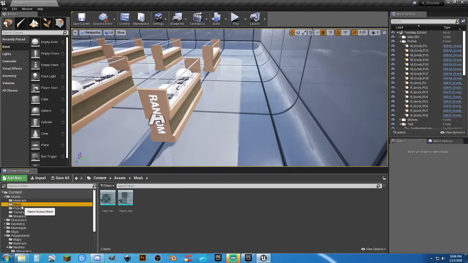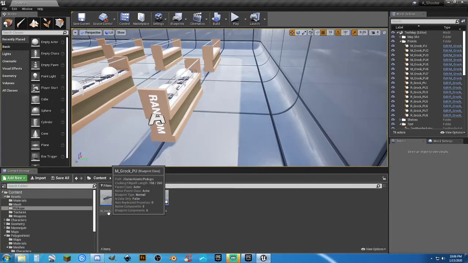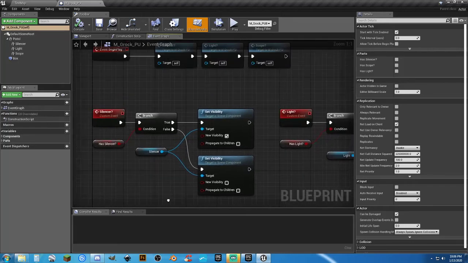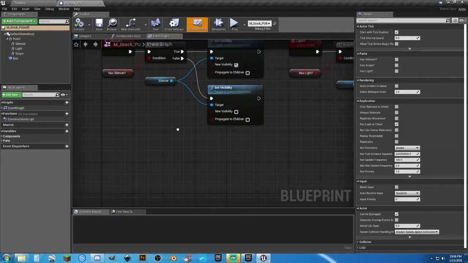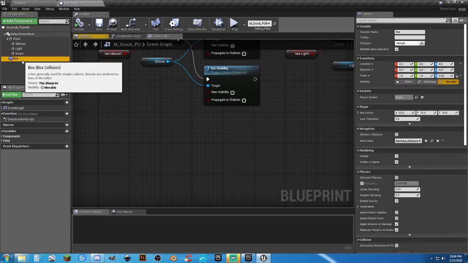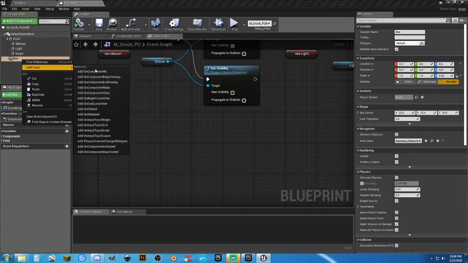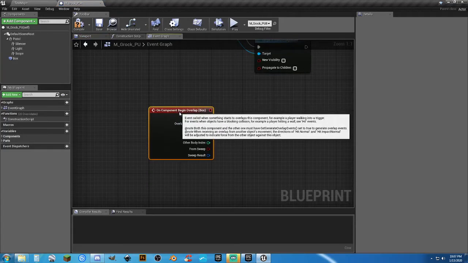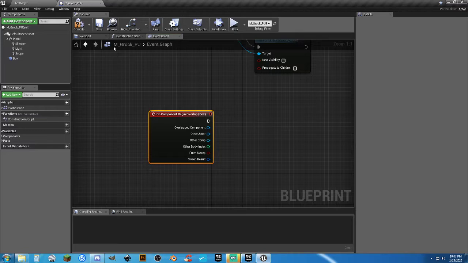When you actually go to your pickup items, there's going to be more involved in doing this. And essentially, what you're going to do is you've got your box collision here. So if you right click on your box collision, add event, on component, begin overlap, this is where you would actually start doing your, okay, my character just ran over this. You'd want to put in a,